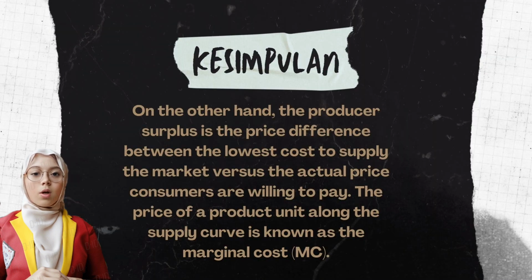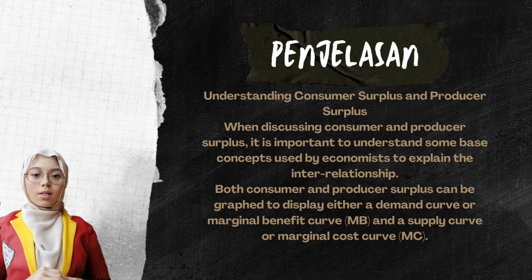On the other hand, the producer surplus is the price difference between the lowest cost to supply the market versus the actual price consumers are willing to pay. The price of a product unit along the supply curve is known as the marginal cost, MC. When graphing consumer surplus, the area above every extra unit of consumption is referred to as the total consumer surplus. Similarly, the area above the supply curve for every extra unit brought to the market is referred to as the